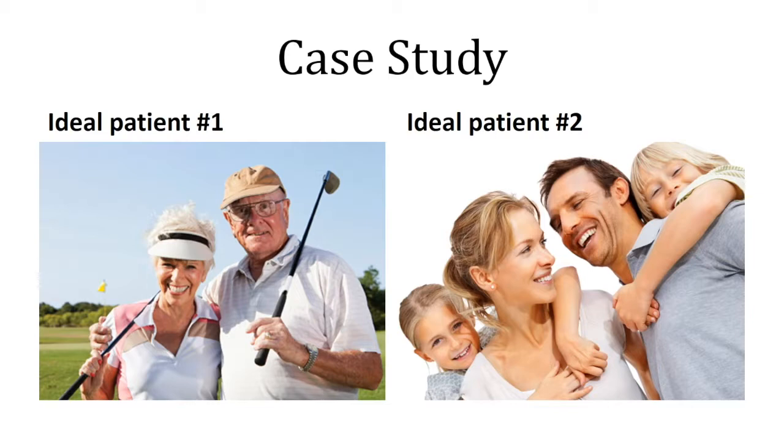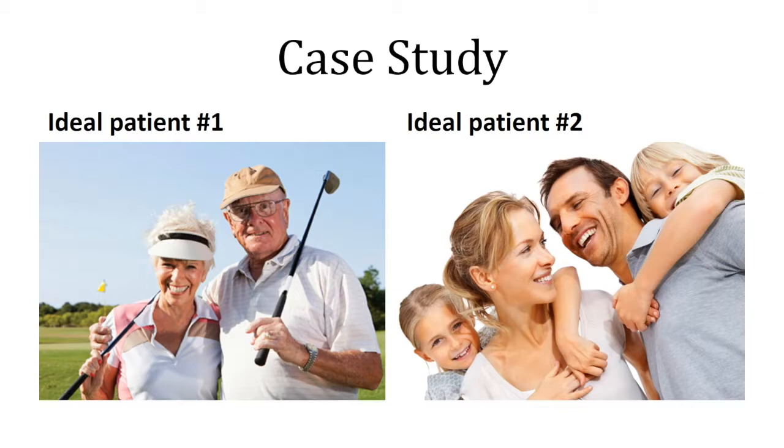Same thing with the second ideal patients: you've got to think about where these people are, what they want, and what they care about before you can start positioning your practice. I can send this slide to you. This is something that we work through with our practices, and it's to create an avatar of your ideal patient. Think about who you actually want to attract into your practice. So many practices go out and get patients, but they're not really the patients that they want. Quite often it's because of what you're putting out there and where you're putting it.